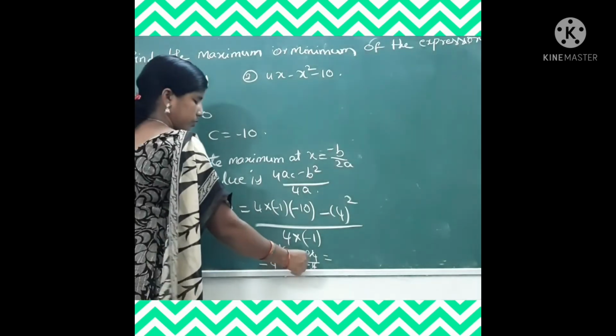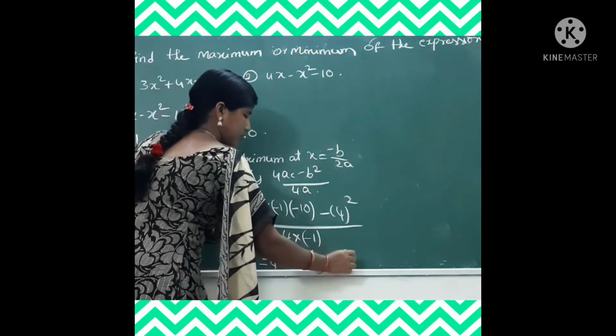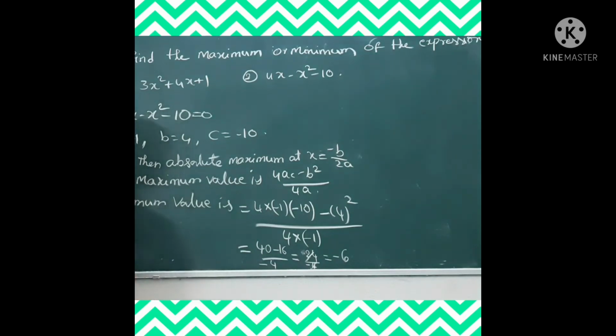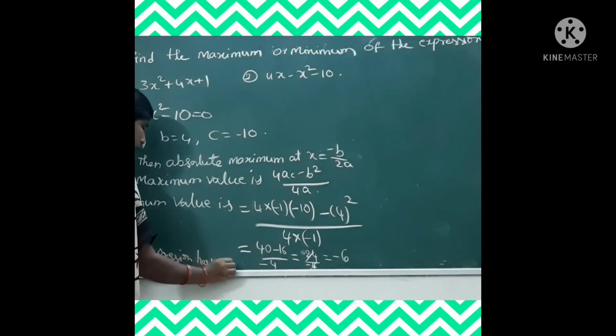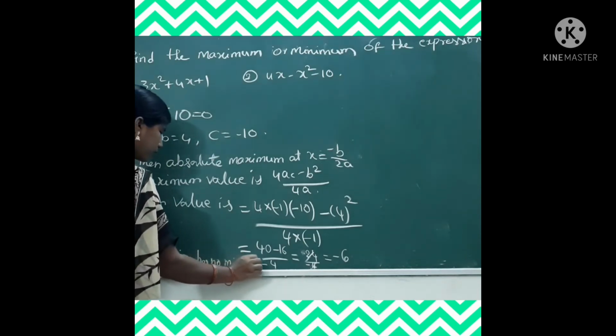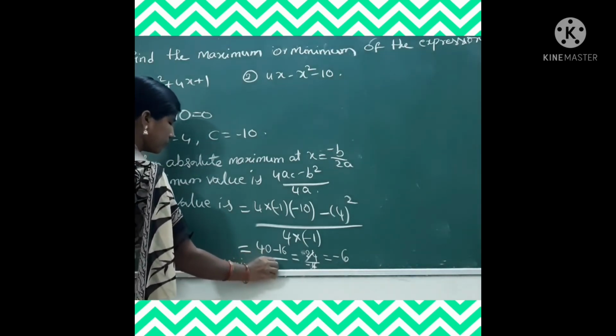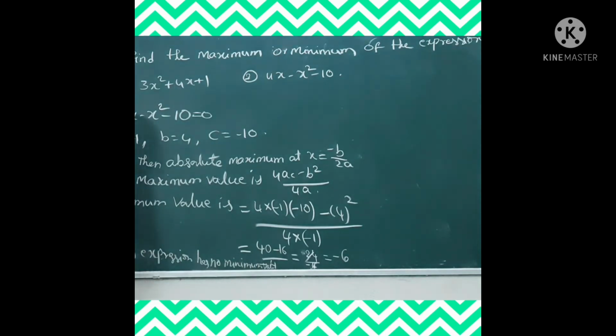4 sixes are 24, so we get minus 6. Okay, understand? So therefore this expression has no minimum value. No minimum value. Okay, understand this one? Okay, next one is